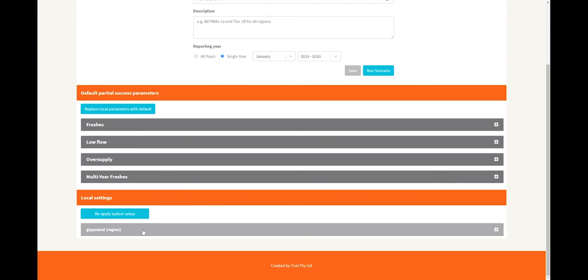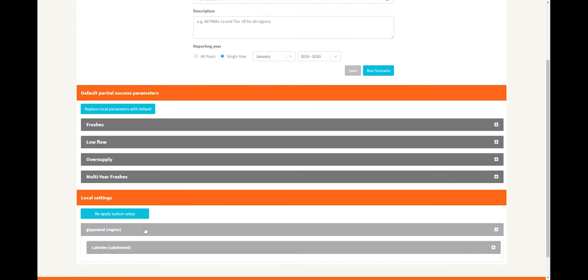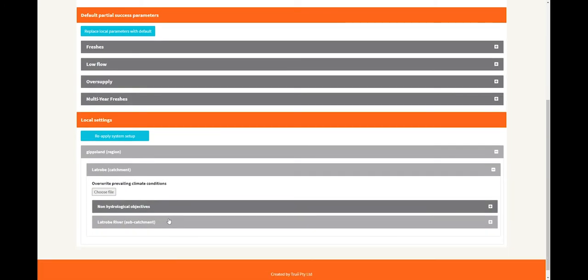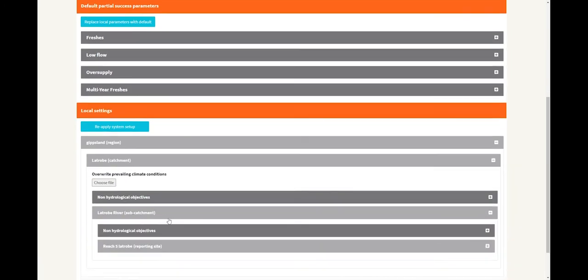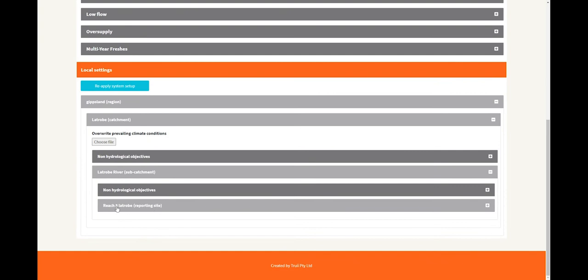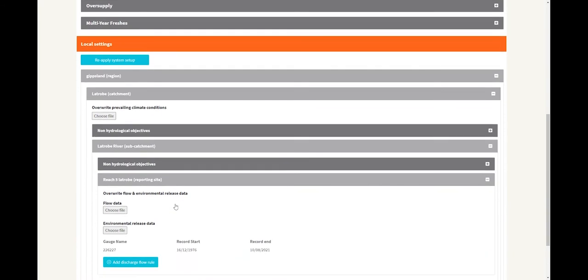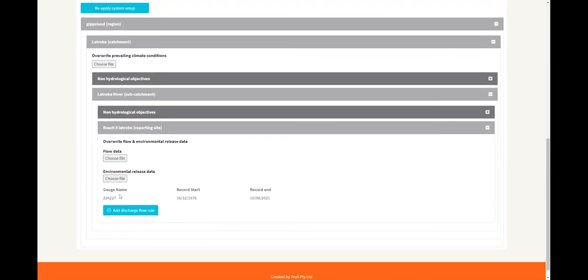So we go back to our scenario that we're looking at now. We've got that system set up here, and we can add a flow rule related to our region, our catchment, and then our subcatchment. And we're going to add for this reporting site, which is reach 5 in the Latrobe. We've got this underlying data associated with it, and we want to add a discharge flow rule. So we're going to add a discharge flow rule,